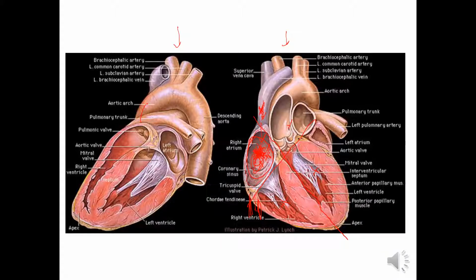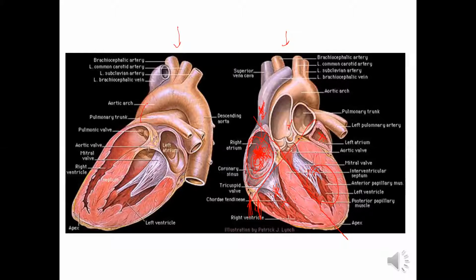Now, the right side, again, is deoxygenated blood. The bottom chamber of the heart is the right atrium on the right, again, dealing with deoxygenated blood. Now, let me just mention the left side. The left upper chamber is called the left atrium. The bottom chamber is called the left ventricle. Now, the left side of the heart is receiving